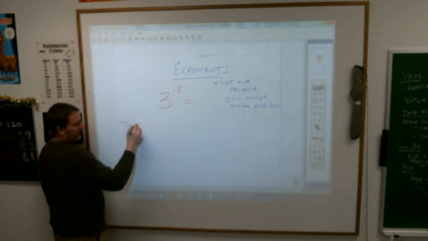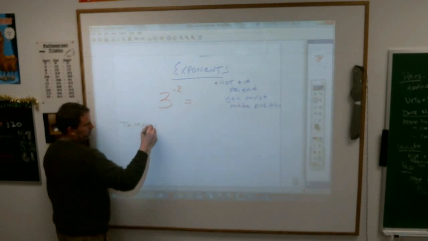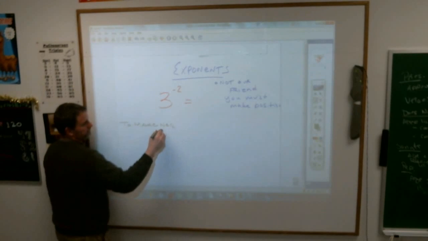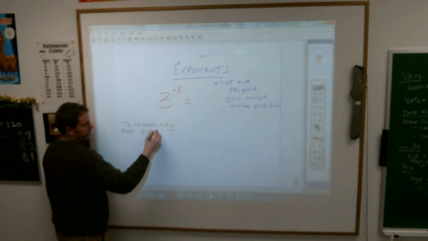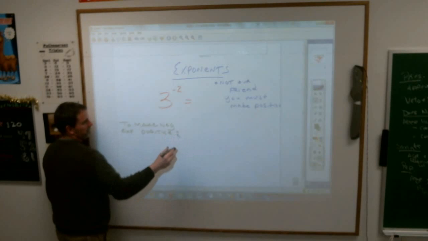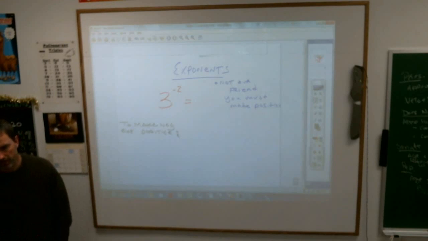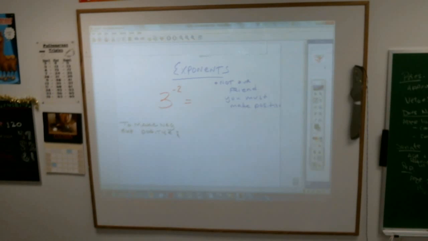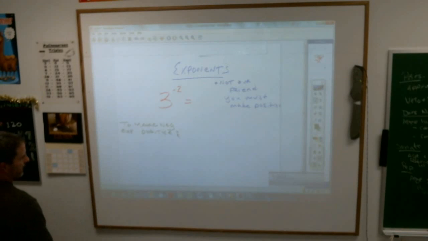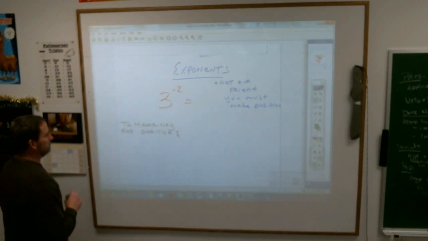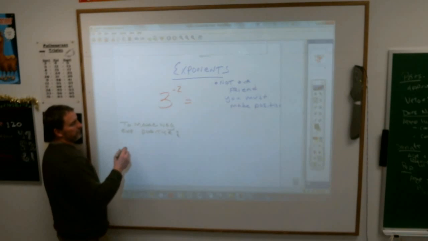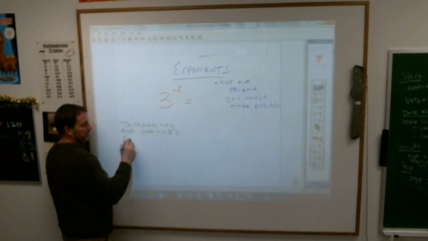To make negative exponents positive, and then I'm going to have a very dramatic pause because this is a beautiful thing. Incredibly easy. Okay. In order to make a negative exponent positive, you simply